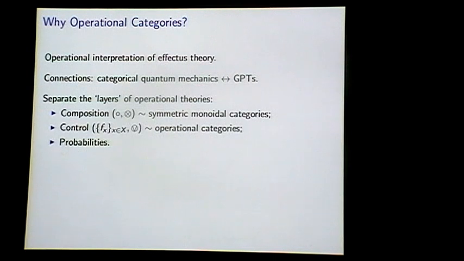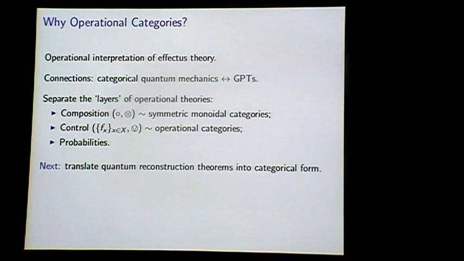Finally, you just typically then say that you have explicit probabilistic structure around, but for many of the arguments you make with an OPT, let's say, you don't really need all of the full structure of real numbers and so on. And so with that in mind, what would be good is to think about how much of the original work that was done with those theories in terms of these quantum reconstruction theories can be lifted to this more general setting. So thanks.